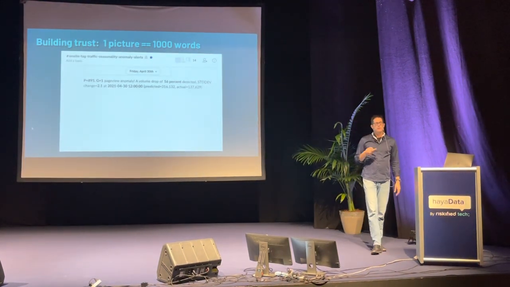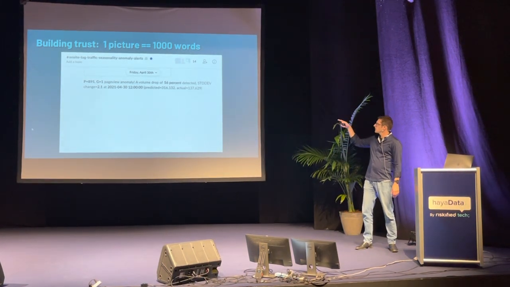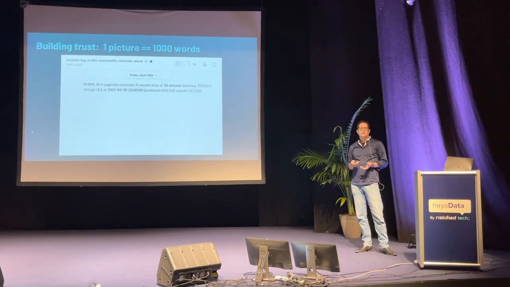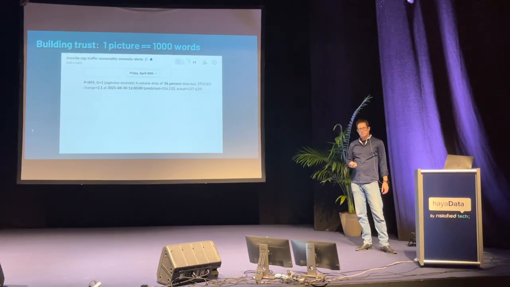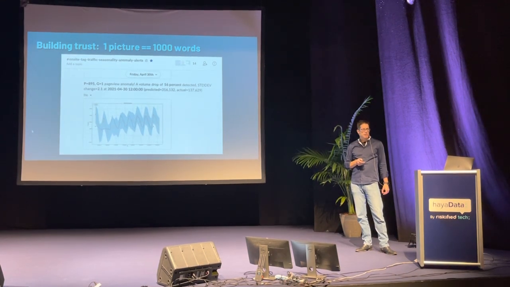In the beginning, when we sent alerts, we just sent this data sentence with all kinds of metrics. And again, we realized that this is not trust building, and over time people start questioning the system. So we've added a graph to the Slack messages we send as well to help with that.